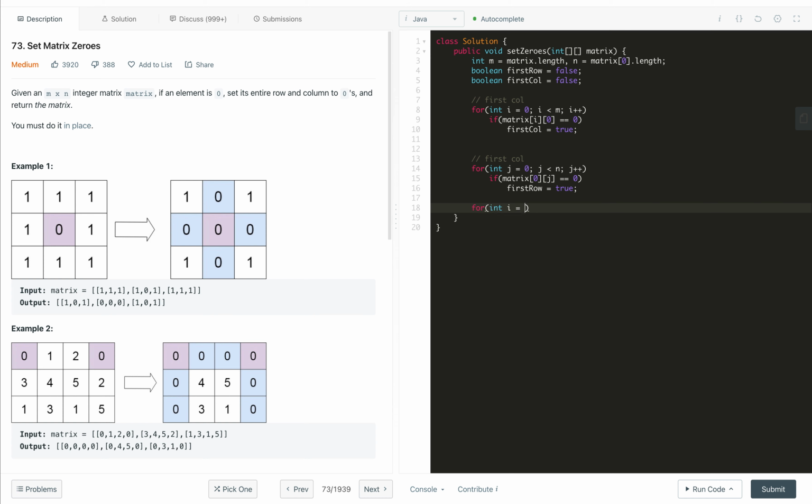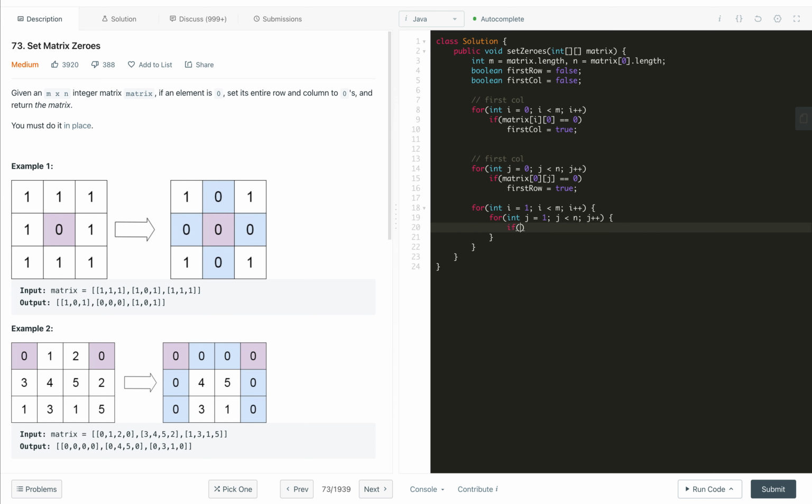So now we iterate the rest of the matrix from i equal to 1, i less than m, i plus plus, and for int j equal to 1, j less than n, j plus plus.